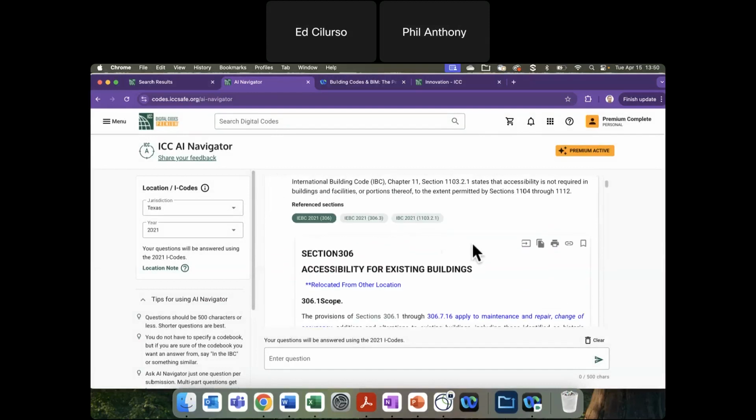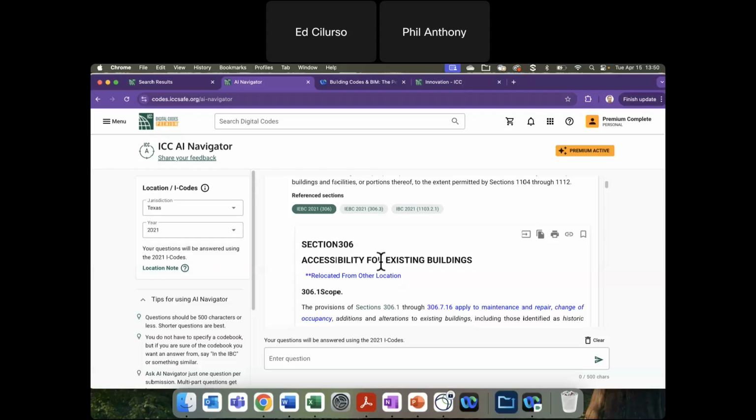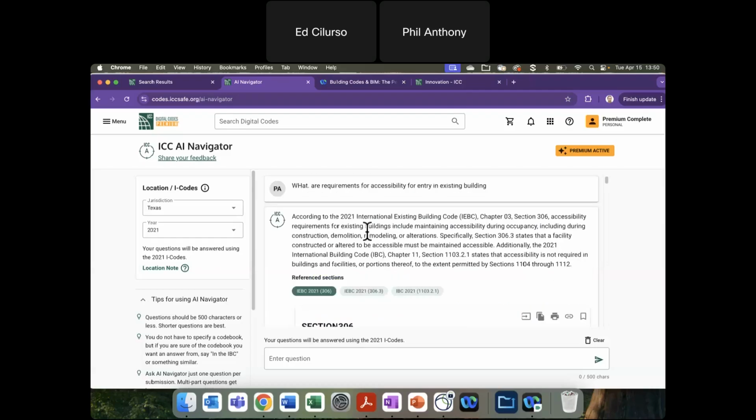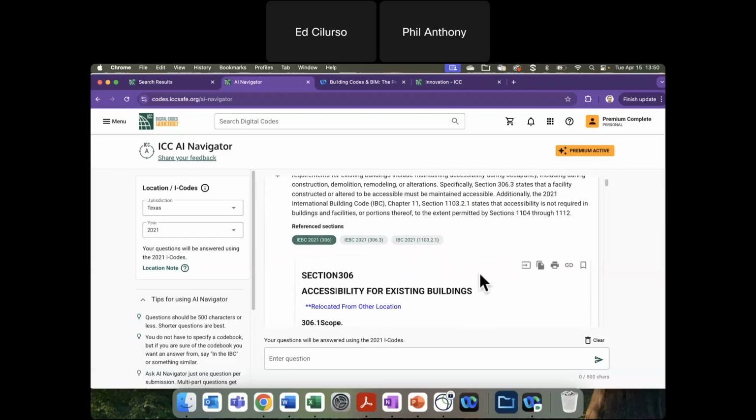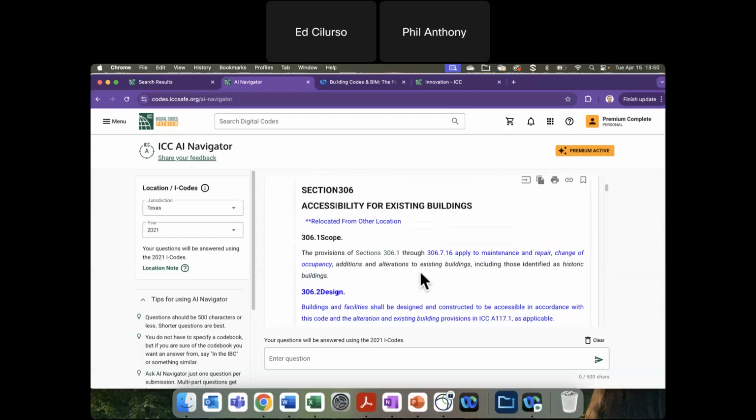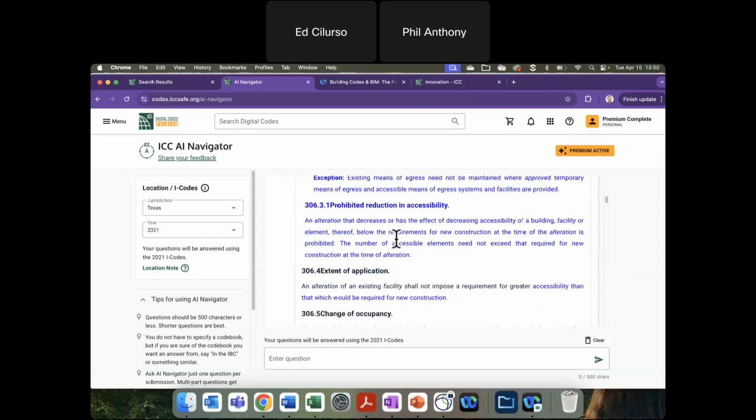And I just wanted to point this out too. I was talking about how this can help both people who are familiar with codes get into the correct code section quicker, and the people who may be answering the phones in your department. If someone had asked this question, using it as an example, they would be able to jump right to those code sections. As you can see, it gives the overview here.